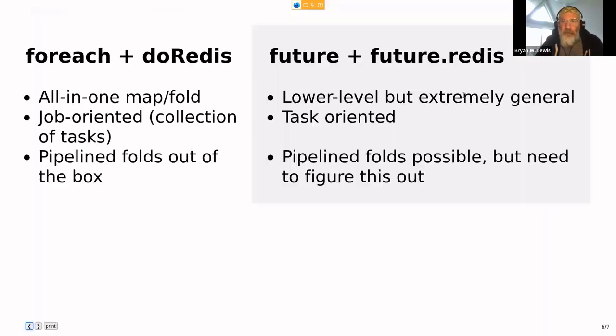I'll go back to the 2 slides I have left. So Henrik Bengtsson has this beautiful package called Future. It's a bit more modern. It's very different than foreach, but they do the same thing. They both have this concept of you want to run stuff in parallel, and you want to have package authors say, this part of my package can run in parallel, but the users to say how they should run in